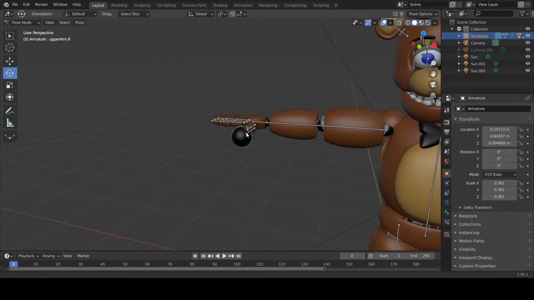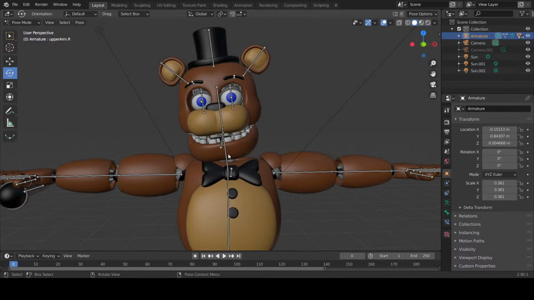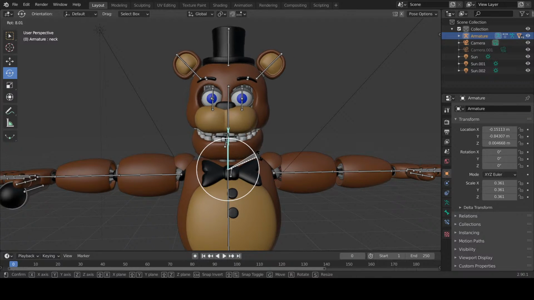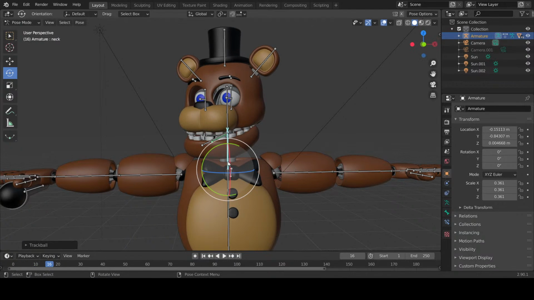There we go. Now, you've got your model there, and you're like, let's go and animate this like it's SFM. Now you move that, then you move that there, and then you're done. And you go back, replay it, nothing happens. What do I do? I don't know what to do. Well,